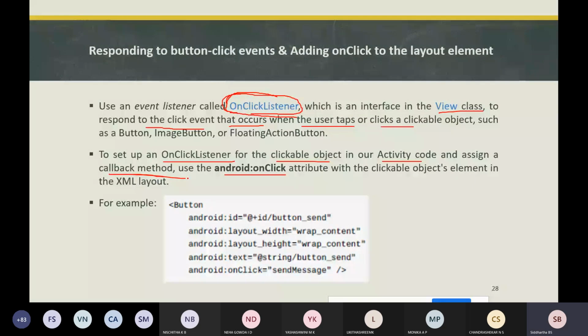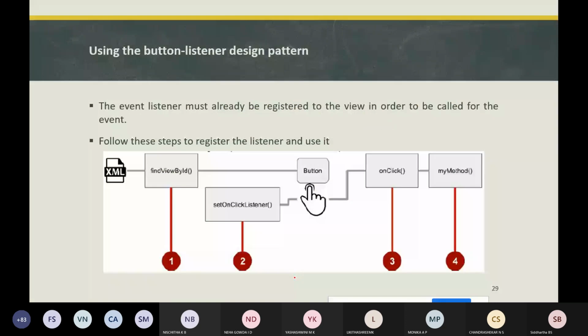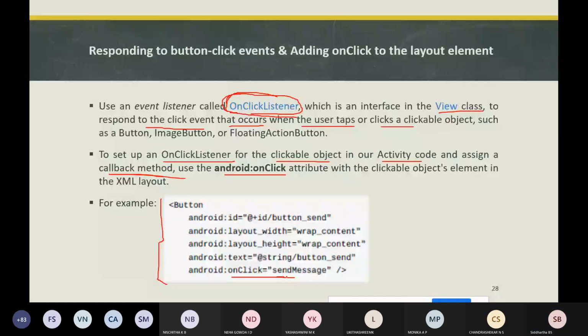This is how we will be using it. If you have a button, you will use an on-click attribute with a value. Whatever value you have given for this, we will create a callback method. For this particular button, the callback method will be public void sendMessage, passing an argument view.